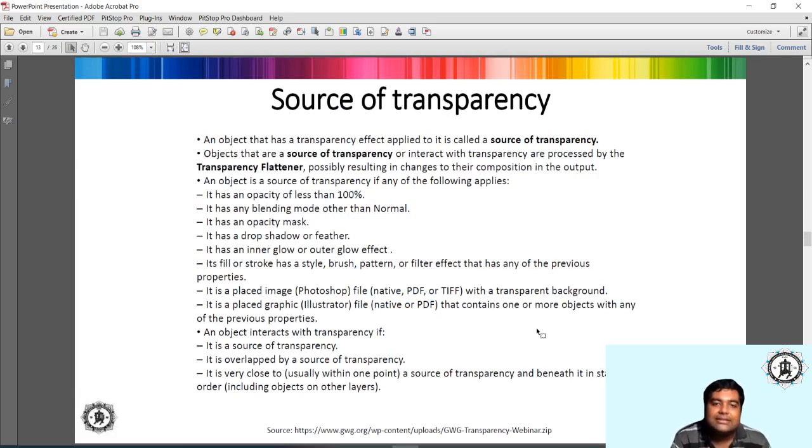Now this list is providing you the sources of what you can call transparency. If there are certain elements you are using in your various objects, and there are some interactions between those objects, what are the effects that will account for that transparency, or will be considered as transparency. Okay, so objects that are a source of transparency or interact with transparency are processed by the transparency flattener, possibly resulting in changes to their composition in the output that I have already mentioned. So the following are the elements or design concepts which will be considered as transparency